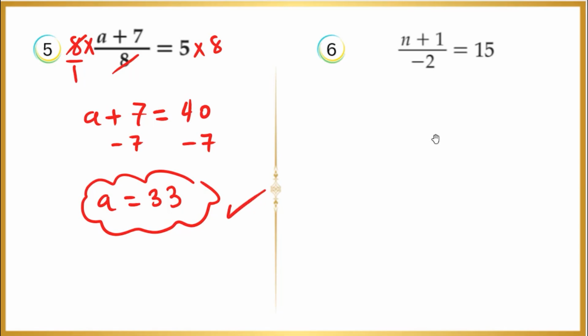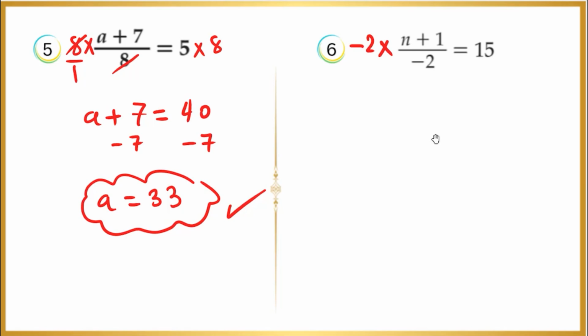Now, let's talk about question number 6. We have variable n here: n plus 1 divided by negative 2 equals 15. Then we should cancel plus 1 and divided by negative 2. Which one first? Like we said before, we should cancel this division first. How can we cancel this division? By